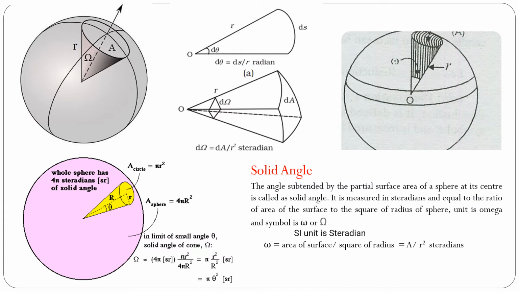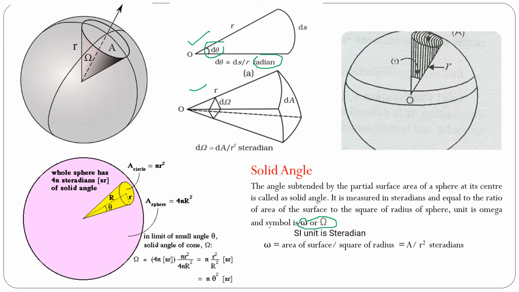Now we move to the solid angle and the plane angle. This is the figure of solid angle. In the middle, we put two figures together. The first one is the plane angle, and the other is the solid angle. The plane angle is denoted by theta and its unit is radian, while the solid angle is denoted by omega. Omega has two signs, you can say small w or omega.